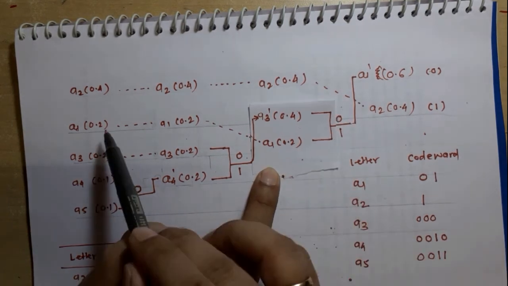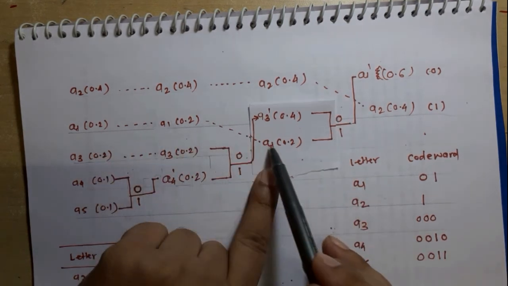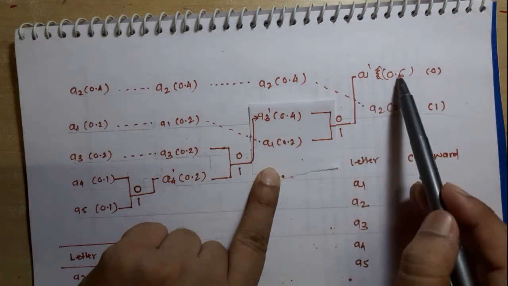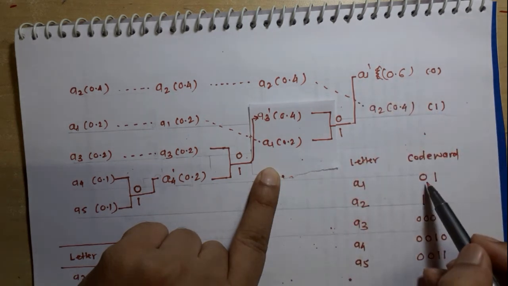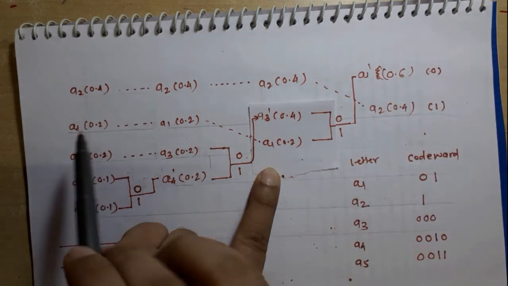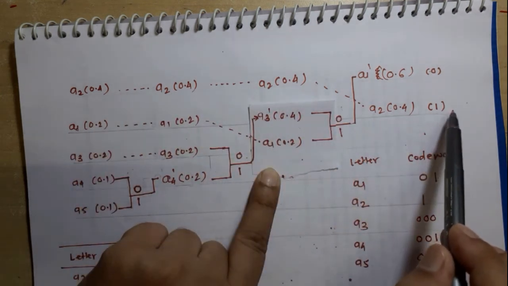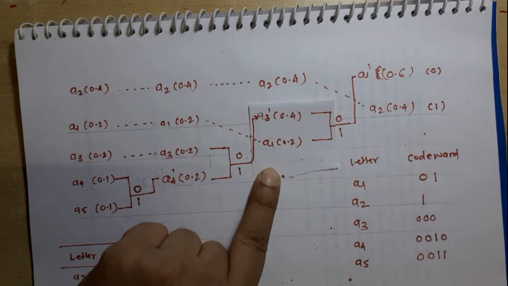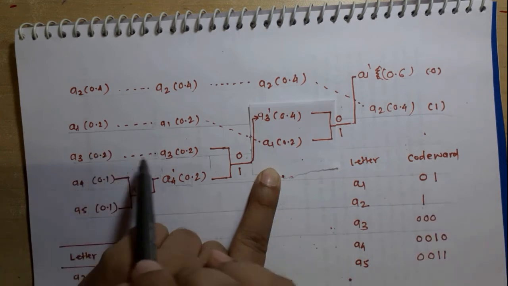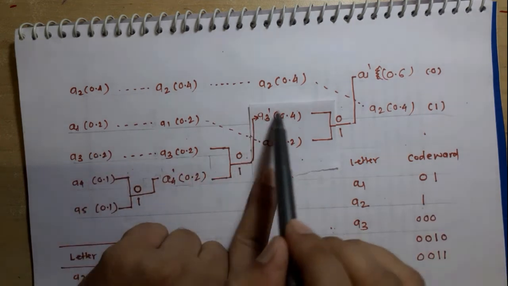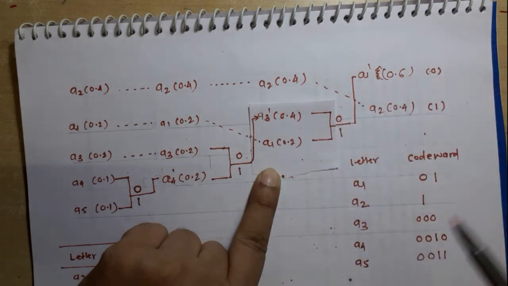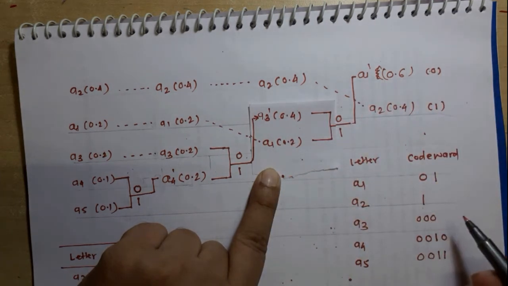For A1 I will start with A1. So from here it is going through 1 and 0. उसको मुझे रिवर्स में लिखना है, इसके लिए मैं 0, 1 करता हूँ. Then for A2 यहाँ से स्टार्ट हो रहा है और एंड यहाँ पे हो रहा है. So A2 is equal to simply 1 कोड मिलेगा. A3 starting with 0, 0, then 0, रिवर्स में करके भी आपको 3 टाइम्स 0 ही मिलेगा.